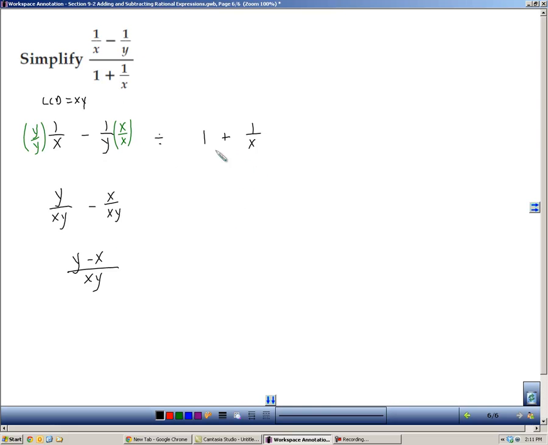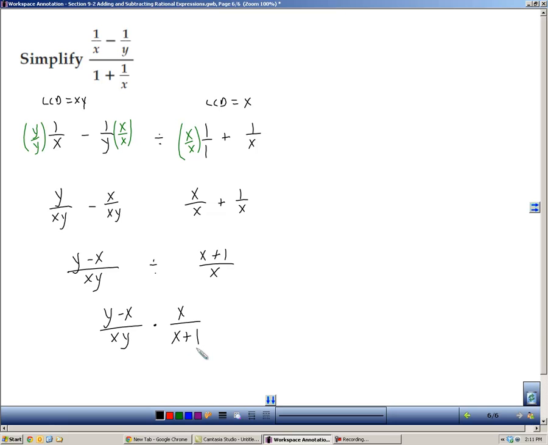Now I'll go over here and simplify the denominator. I'm going to turn 1 into 1 over 1. The LCD needed over here looks like just an x. So I'm going to multiply by x over x to get that. So we'll have x over x plus 1 over x, and then putting them together, we get x plus 1 over x. So now that I've used common denominators to put the numerator and the denominator together, now I'm going to use multiplication of the reciprocal to turn this into a multiplication problem. So I'll flip the second one